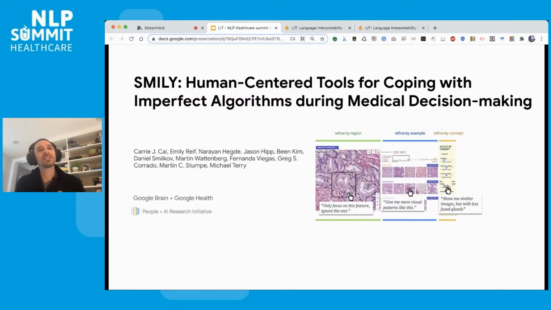And so that's one version of a tool that's built for evaluating trained models before they're deployed. Another tool we built is called Smiley, which can stand for a lot of things, but in my mind, it's always similar medical images like yours, which is for that stage when you're deploying to an end user. In this case, the end user is a doctor looking through pathology slides and looking for similar instances from the past to help make diagnoses.